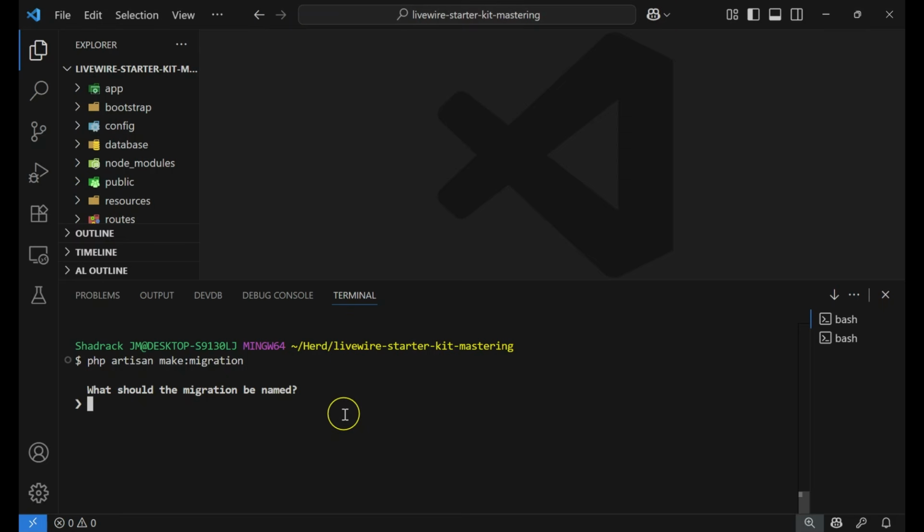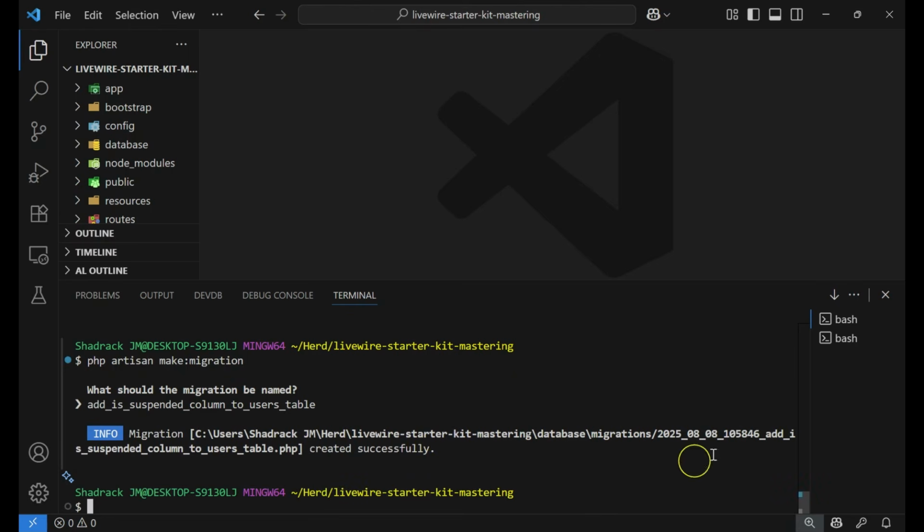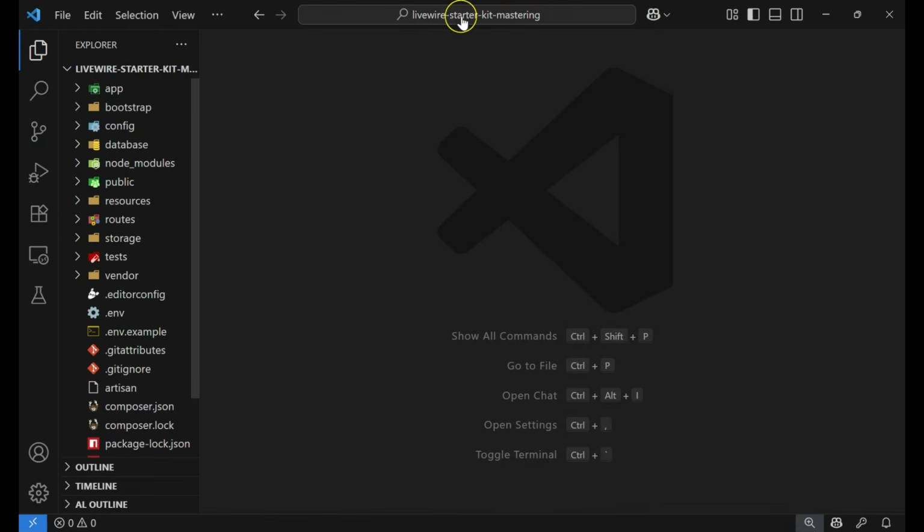Okay, and then I'll say add is_suspended column to users table. Okay, so this will create a new migration file,